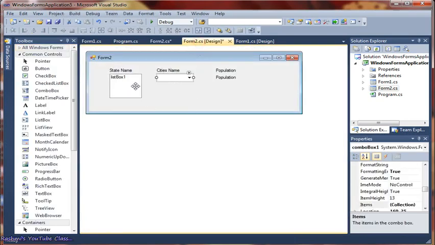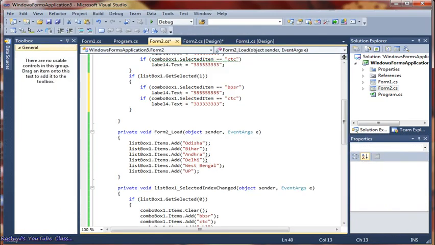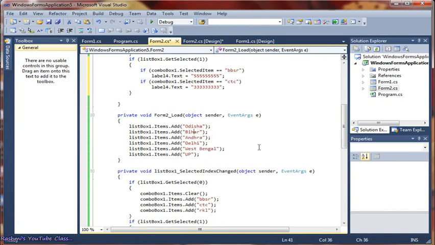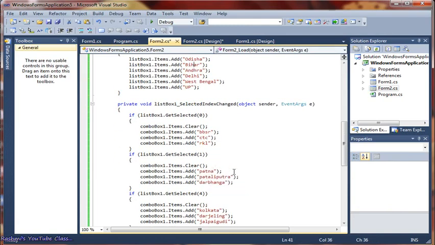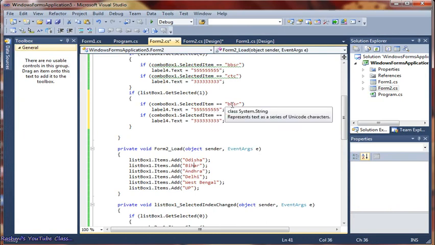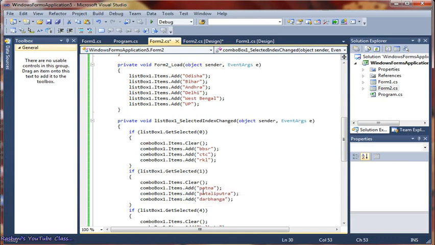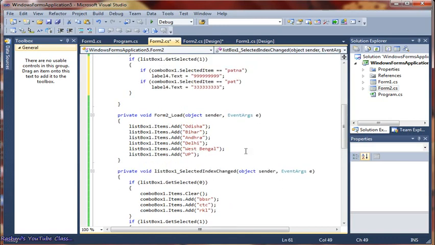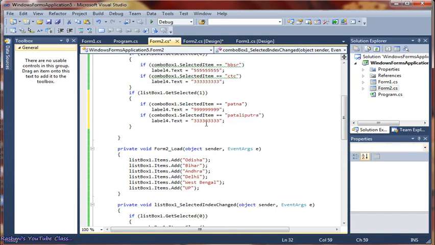After Odisha, what did you write in the list box? Bihar you wrote. So for Bihar we are going to do it. So Bihar, the first city name, what did you write? Patna. So you make here Patna. Fine. Then you change the value. Then after Patna, Patliputra. Your spelling has to be correct, students. The Patna spelling you gave has to match with the Patna here. Same way Patliputra, I am just copying and pasting instead of writing. Spelling has to be correct. You try to understand the concept, students, very nicely, how it is working. Otherwise, you will get confused with this.